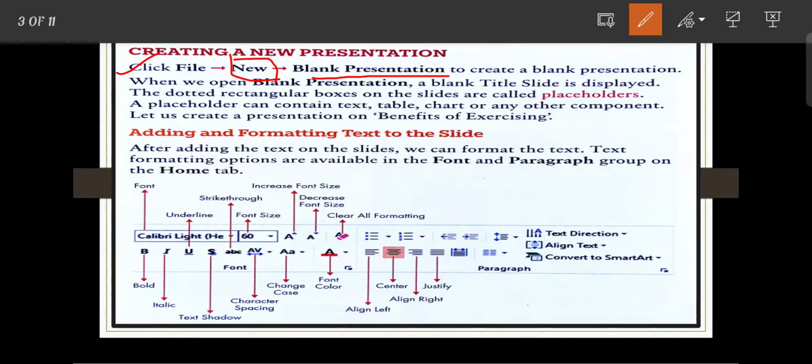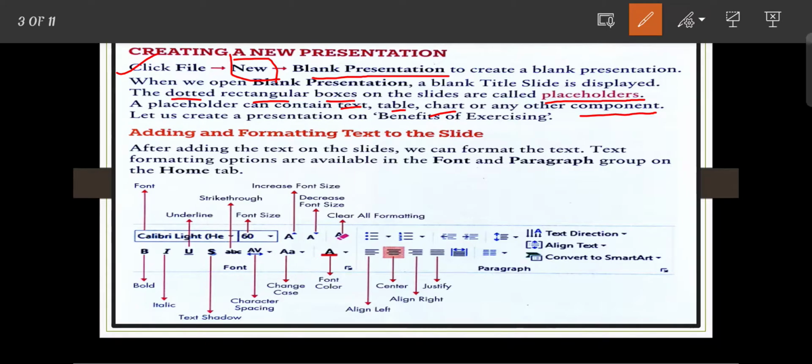When we open a blank presentation, a blank title slide is displayed. The dotted rectangular boxes on the slide are called placeholders.